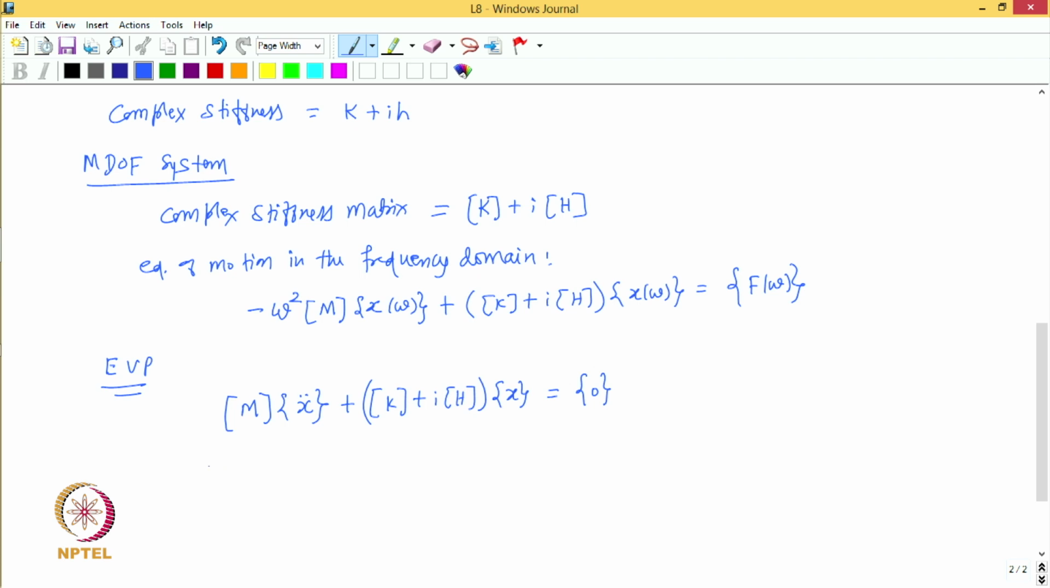So, now let the displacement vector be given by, say, x naught e to the power I omega t. Let us say this is the solution, the free vibration solution. So, if we substitute this in the differential equation, what we get is